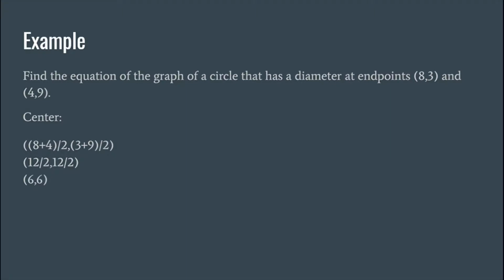Next, we're going to find the radius. Okay, so to find the radius, the easiest way to do it is to use one of the 2 endpoints with the center. Okay, so we're going to use the distance formula in order to do that. So for this one, I used 8,3 with center 6, Okay, so if we simplify this,